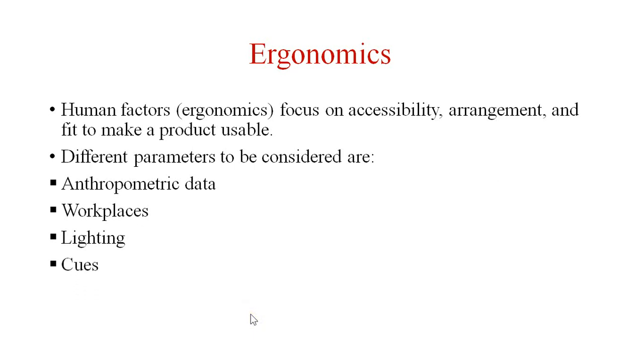Next one is cues. Different cues are generally used as indications for the functions. These cues may be visual, auditory, or tactile. Mostly the visual cues are used. Visual cues are generally used to show whether your function is active or not, for a specific mode of operation, and for warning purposes.